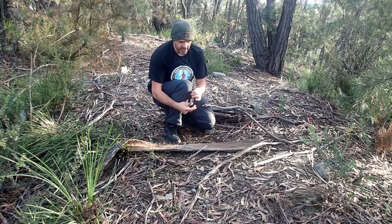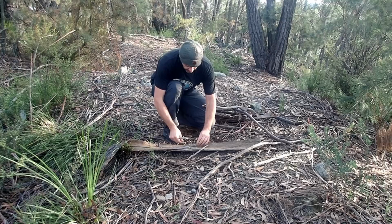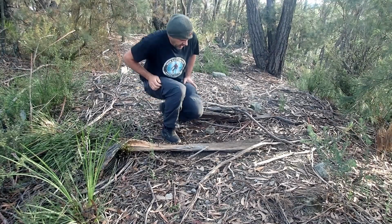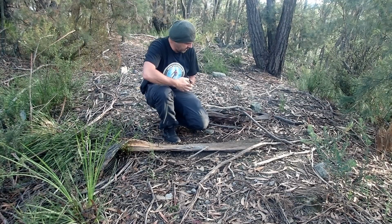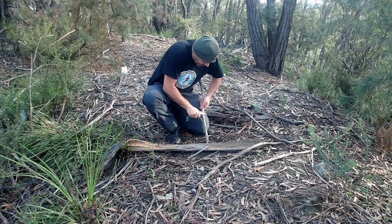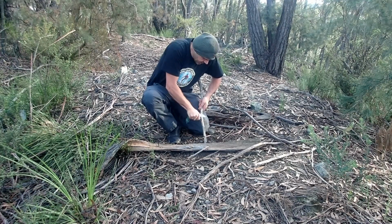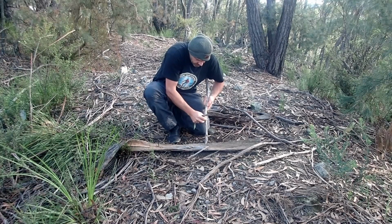You can see, it's been raining here for about three days, so it's still nice and dry on the inside. And then with a knife, you can even start shaving that down. If the outside's wet, we don't want to get the wet shavings. But once we get in a little bit, we can just start